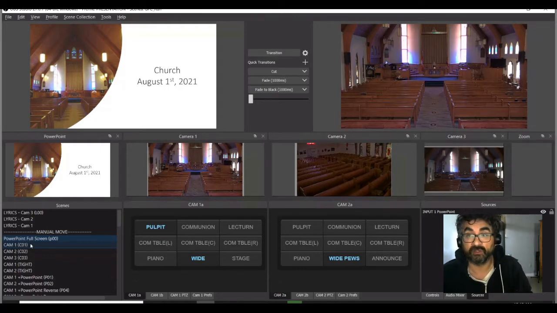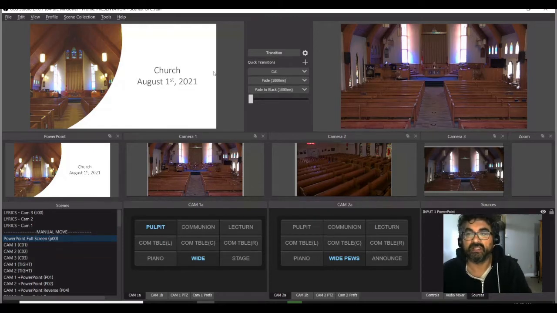It doesn't really require any serious skill level. It will accommodate someone who is a videographer. They can get very fancy with the way the system works, or it could be someone who just doesn't have the technical aptitude but wants to participate and help. It accommodates both. So what you have here on the screen now, I am remoted in to the system,